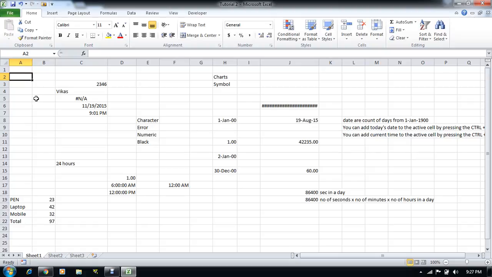And if we want to give multiple cell reference, we can just give the starting cell reference, then colon, then we can give the ending cell reference. So just for example, if we want to refer cells from A1 to A10, we can just give A1 then colon A10. So this will refer to the A1 to A10 cells.